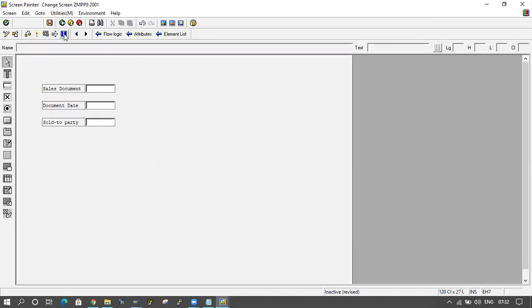Now I'm adding a back button here. If I click on back button, then the previous screen should come.